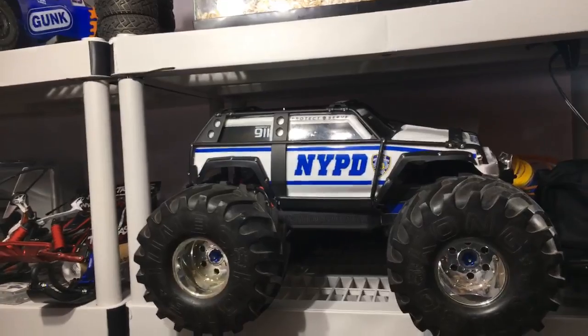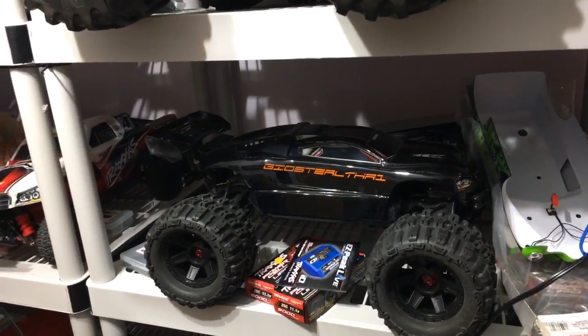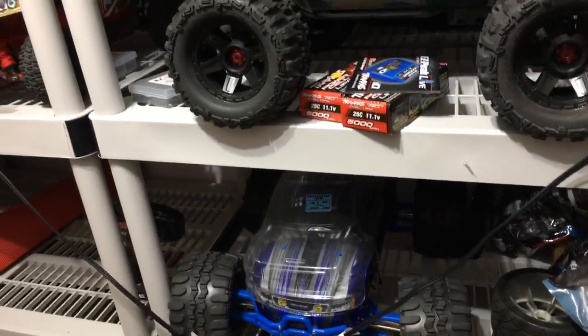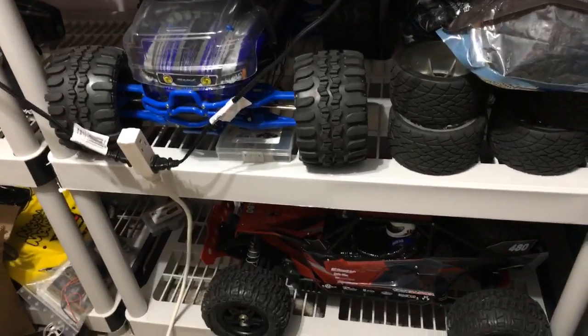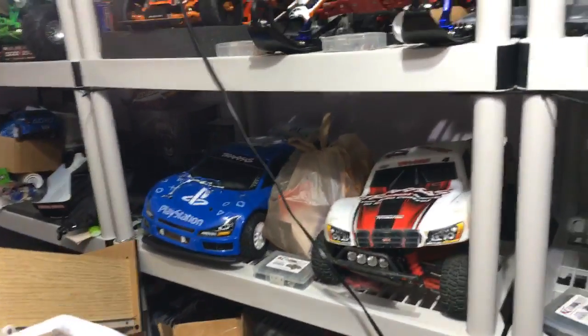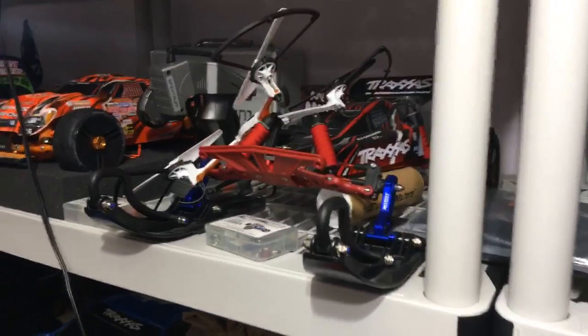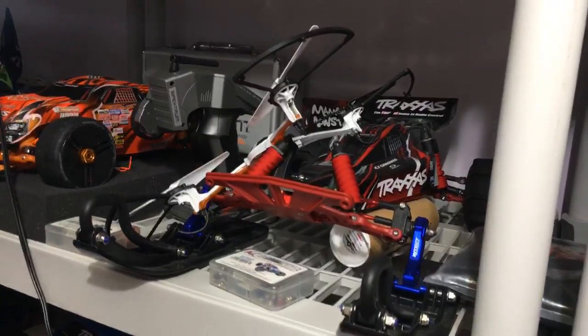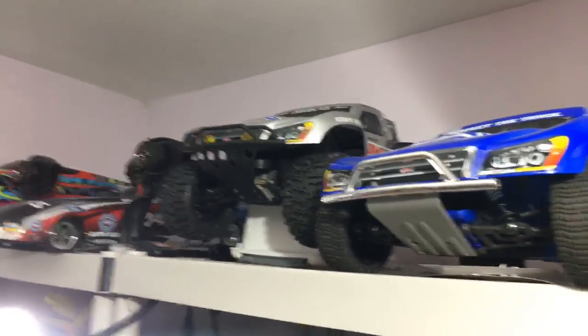Let's come across, and we have the Summit, which is right here. We do have the E-Revo, which is right there. We have the E-Maxx, which is right there. The SCX-10, which is hanging over there. The XO-1, which is buried somewhere over there. There's a Slash 4x4 and the Rally 4x4. My Bandit, which has the Traxxas Aluminum on top of it. There's my Rustler Mamba Monster. There's the Slash two-wheel drive LCG. There's the Slash two-wheel drive